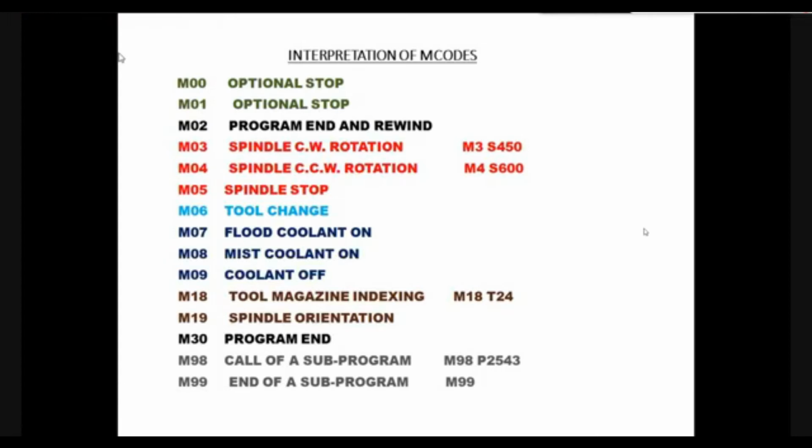Spindle orientation means, see, for every spindle, you will be having two tenons on the face of the spindle. And when a spindle is rotating, if you give M5 command, the spindle will stop at some angle between 0 and 360. But if the spindle stops like that, it cannot be aligned on the required axis and the tool change activity cannot be performed.